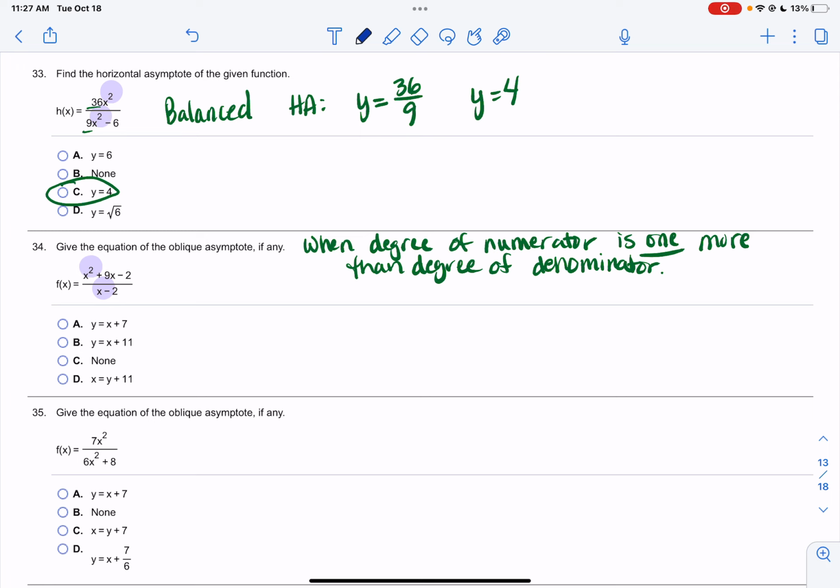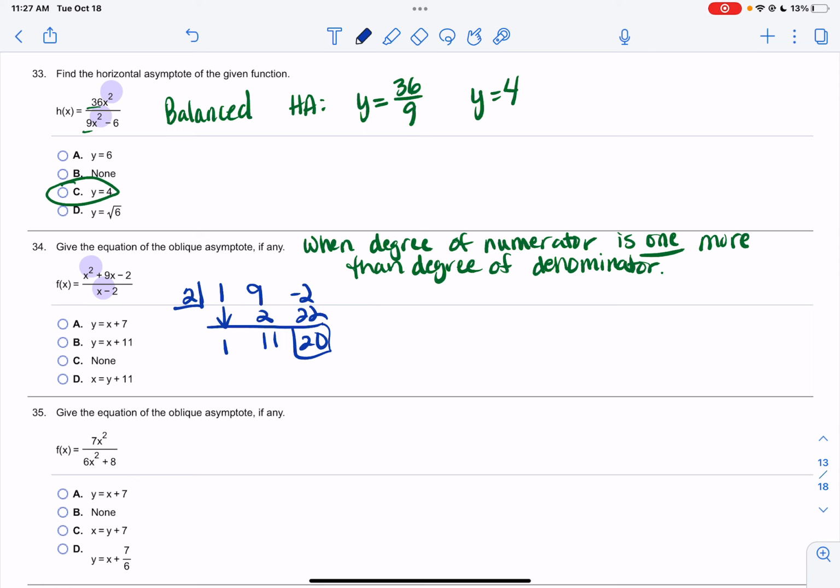We're going to divide it out and rewrite this. Here's our setup for synthetic division. Since we're dividing by x minus 2, we put a 2 in the box, and then we use the coefficients 1x squared plus 9x minus 2. Use the process of synthetic division. When you multiply and add,